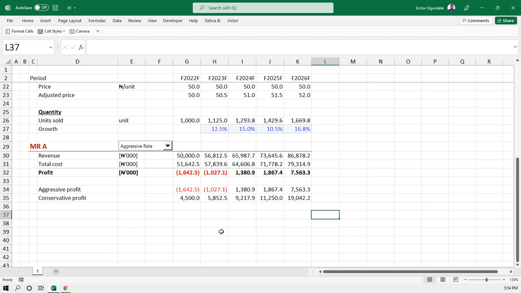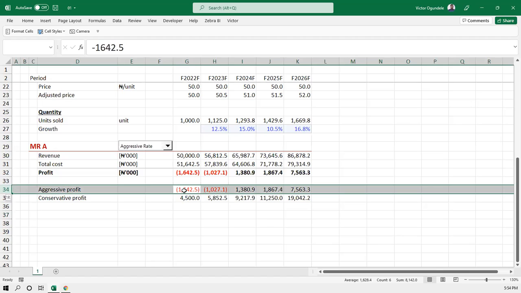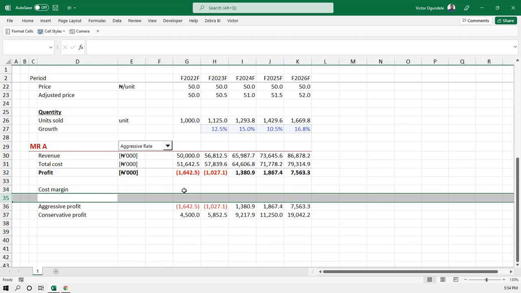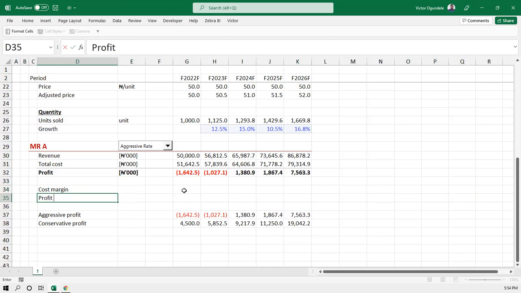For me as a business owner, I would like to see the aggressive aspect. The reason is that I know the aggressive aspect is more strict when you compare it to the conservative. So I will look for what I can do to reduce my costs. If I can reduce my cost using the aggressive, I know that profitability will improve. And as such, if worse comes to worse, I will still likely be